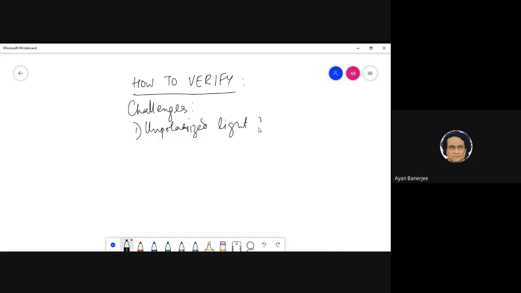What is a good source of unpolarized light? Sunlight, normal tube light or bulb. Sunlight is partially polarized. That is not correct. But yes, tube light. Very good. Or incandescent bulb. Or even LED bulbs. They are mostly unpolarized.